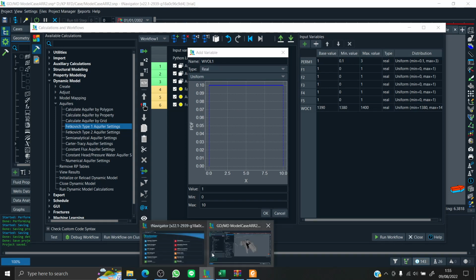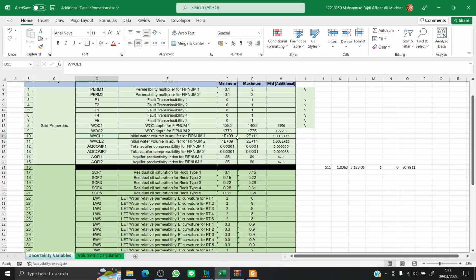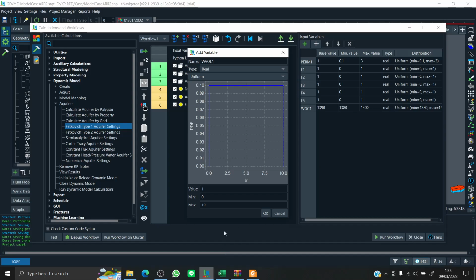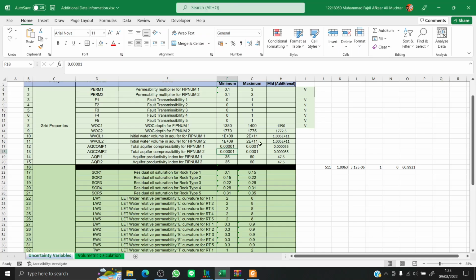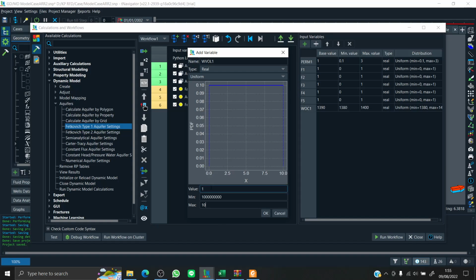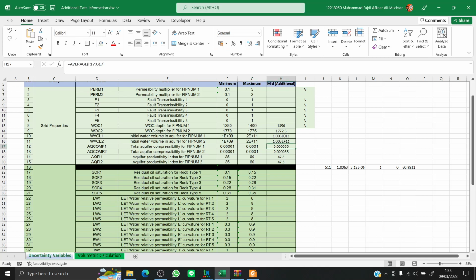The value is ranging from 1E09 to 2E11. And the base value, I think it's the middle value that I have created before. Just gonna paste the value only here.